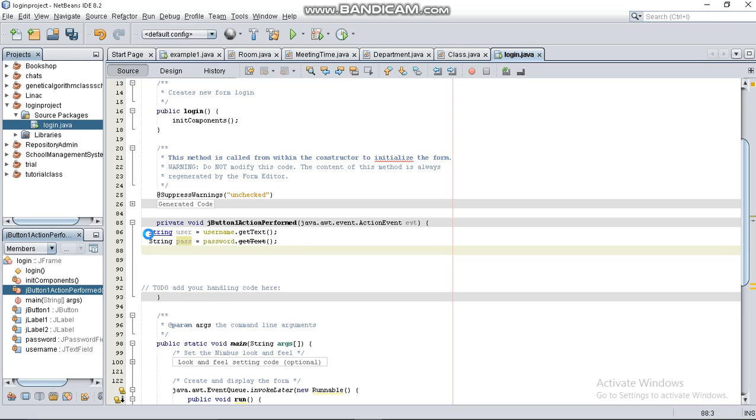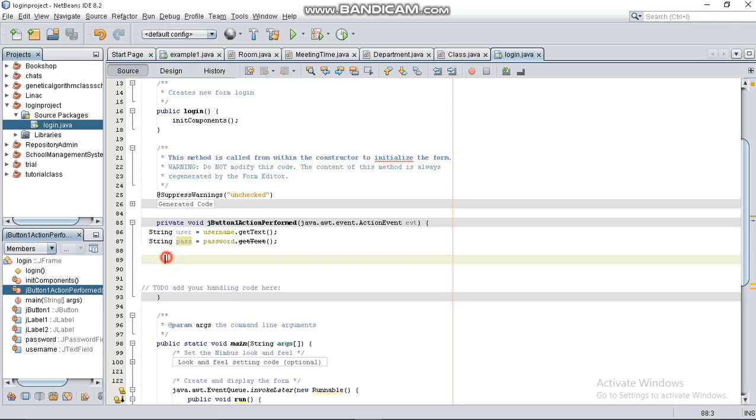Now this tells the system to accept a username and save it as a user data, and password and save it as password of string. So the system sees the username and password, but every other person does not see your password, they only see your username. That's why we have this slash across the get text. Next, we fix in the if statement that tells the system what to do if the username or the password is wrong. So if